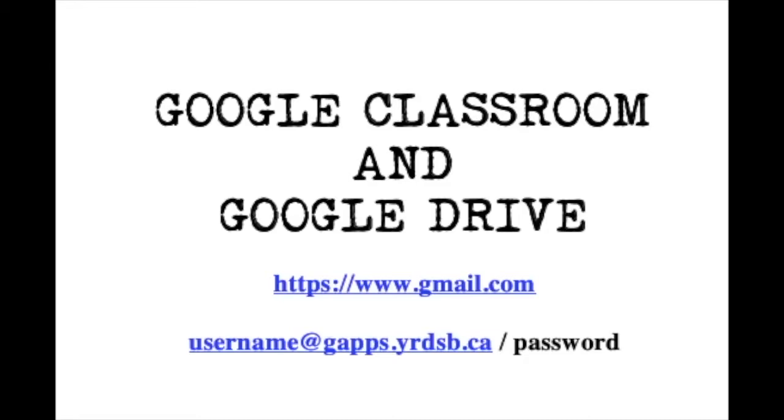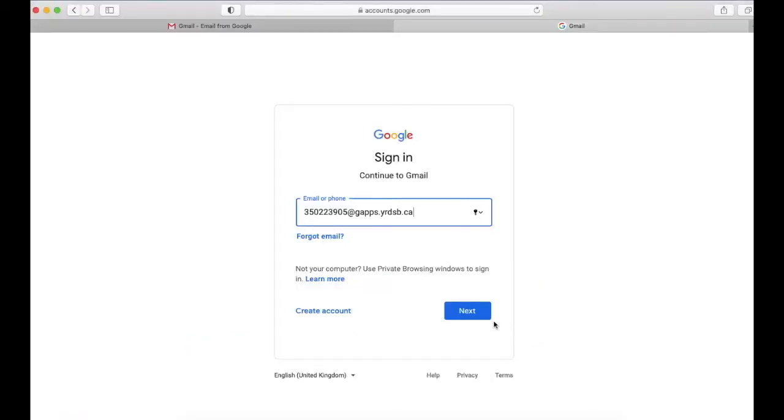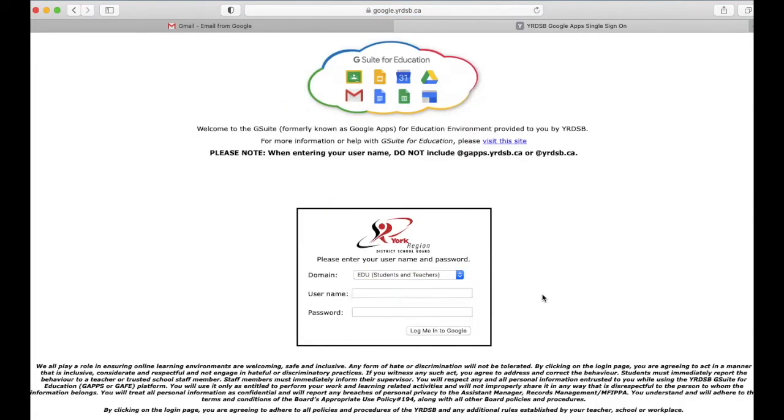To access Google Classroom and Google Drive, visit www.gmail.com and enter in your username at gaps.wiredsb.ca. Upon entry, click Next. You'll be taken to a WireDSB landing page. Now, ensure that when you enter in the username, you remove the @gaps.wiredsb.ca